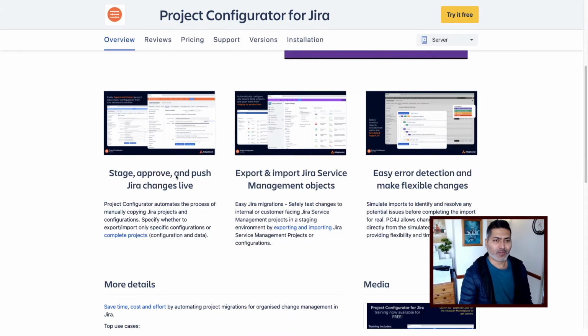So things like using this app, you can stage, approve, and push Jira changes live. You can export and import Jira service management objects, easy error detection, and make flexible changes. So basically, the main thing that you can do is migrate your configurations, which can be a bit of a pain when you have more than one Jira instance, especially when you have, let us say, a staging